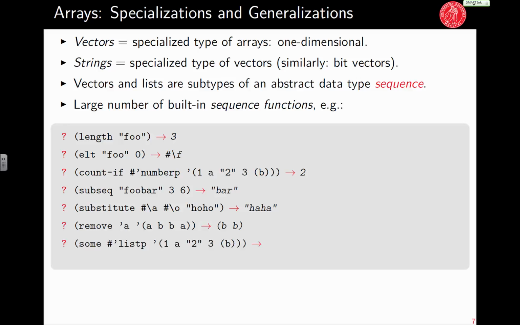Some is a predicate that takes another predicate and will return true if this predicate is true for at least one of the elements in the sequence. So there is one list here, and hence some gives us true. There's a parallel predicate called every, and every hash quote list p of this list would be